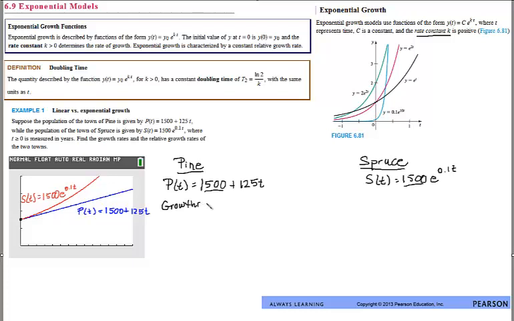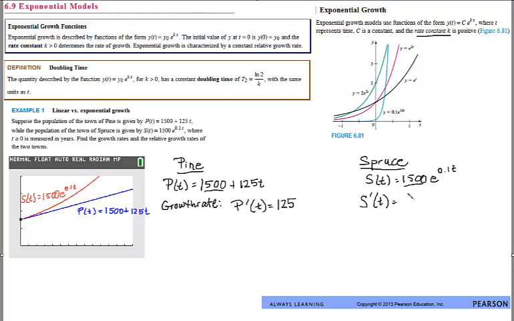So let's just look at that plain growth rate. Now growth rate is just P prime of t, and that would be 125. So every year the population increases by 125 people, whereas S prime of t is equal to,